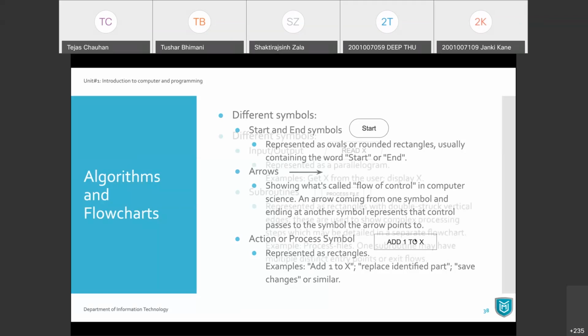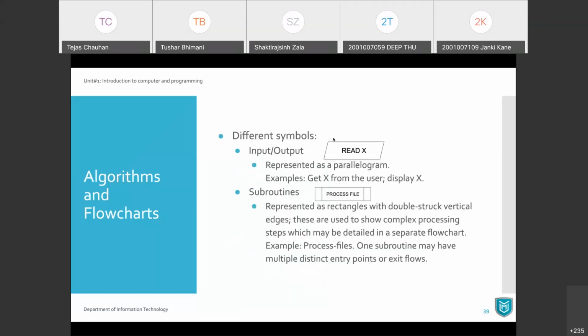Then we have a parallelogram, like a slanted rectangle, which defines input and output. So if you want to have input from the user, or if you define this is output, then we are going to use this symbol, parallelogram. And inside that, we say that read something or write something. And X will be your input or X will be your output. Okay. Then you have some subroutines.